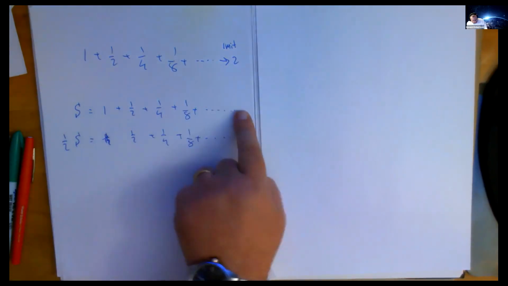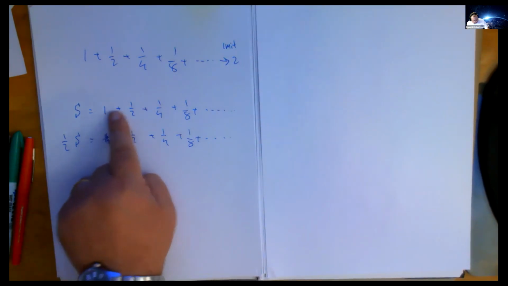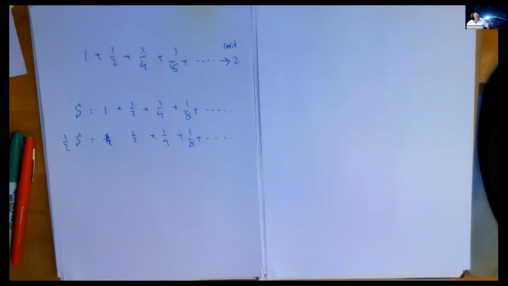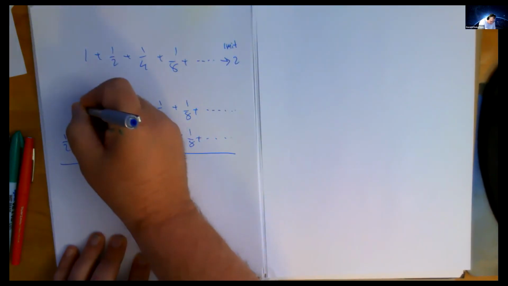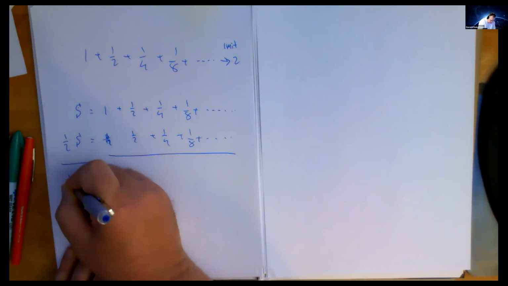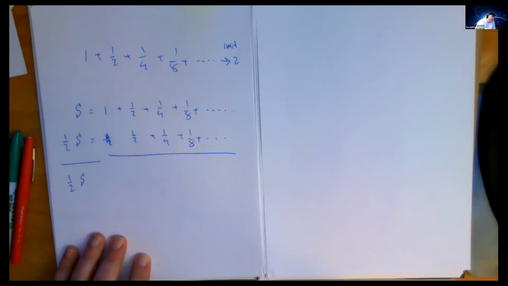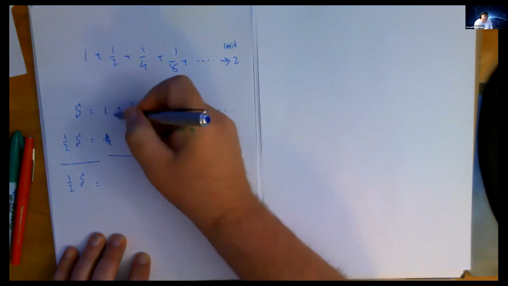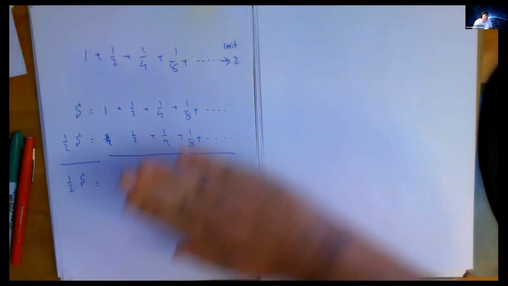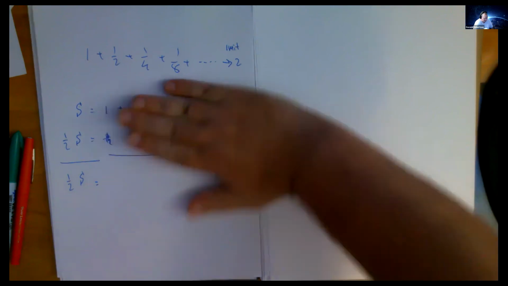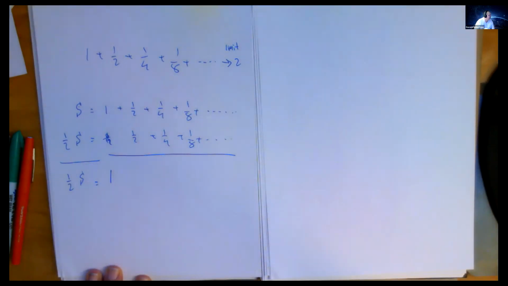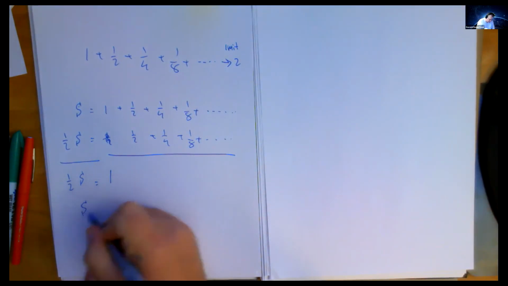If this is S, won't a half S just be half of all these, which is this? Agreed? Now, if I take the top and subtract the bottom, don't I get a half S? If I take the top and subtract the bottom, don't these all kill each other off? And the only thing that lives is 1. And if I double both sides,